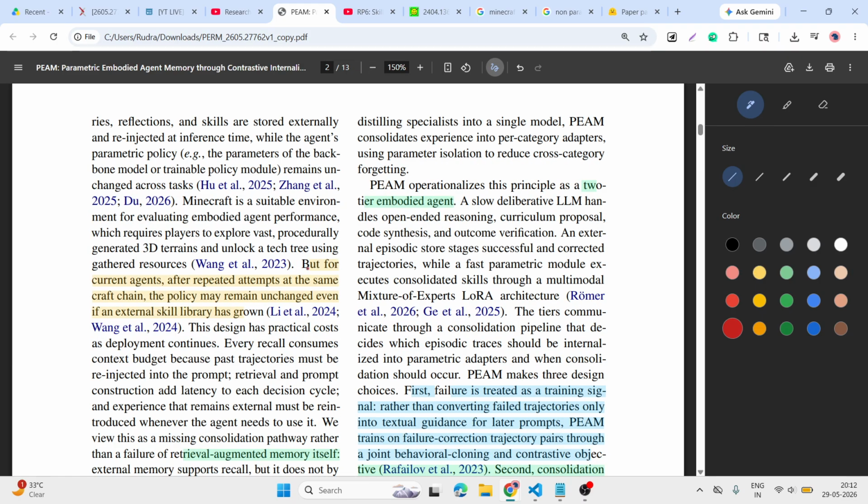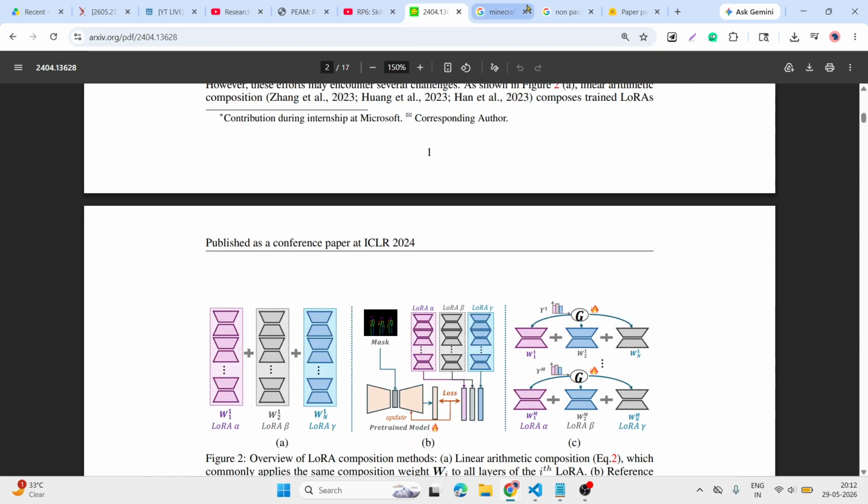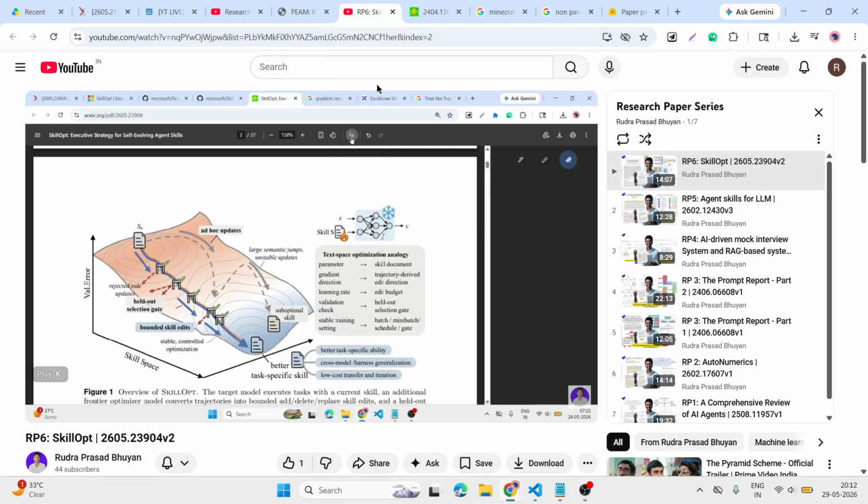Now, with the current skill agent, after repetitive attempts in the same craft chain, the policy may remain unchanged. Also in this paper, skills.opt from the Microsoft side, they say the same. Why are we using the static skills.md?